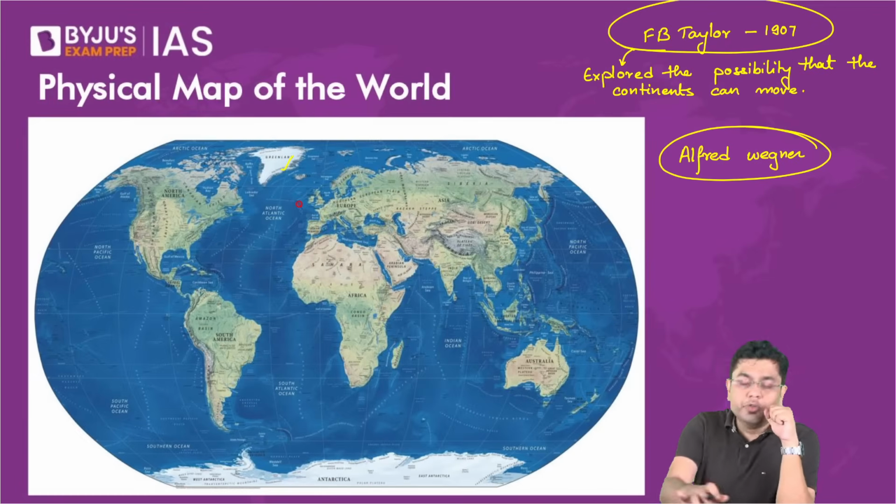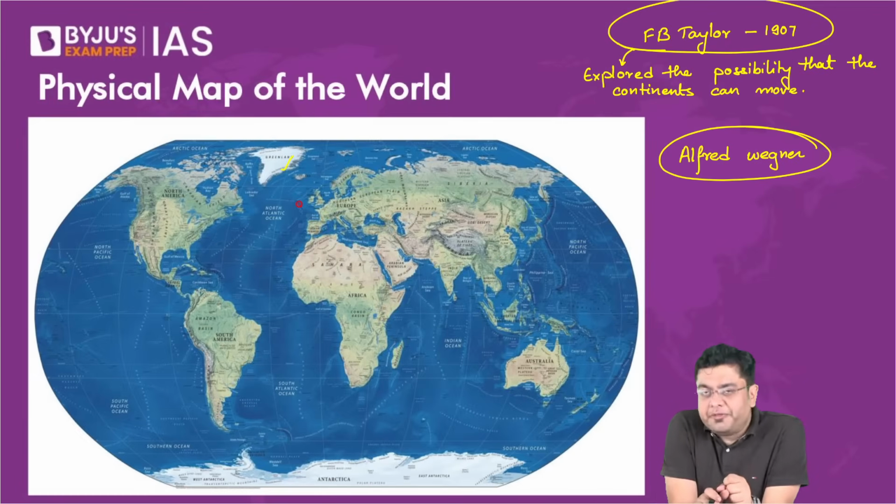Now, as the famous story goes, on one fine Christmas Eve, Alfred Wagner was presented with a very special gift from his friend. And that gift was nothing but the world map. A world map is something that we stick onto our walls nowadays, and we don't even care what kind of map it is and where various countries are. We simply stick it on the wall. But you have to understand, around 100 years back that was a very rare commodity, because an accurate depiction of the world map was a very rare phenomenon. Alfred Wagner was presented with one such physical map of the world.